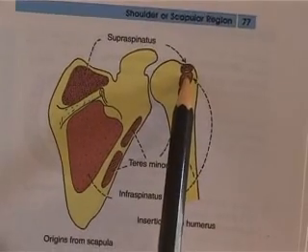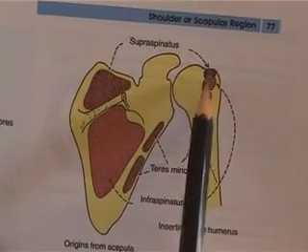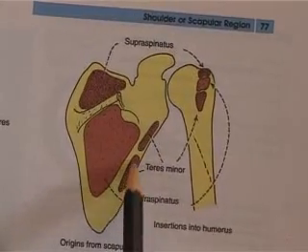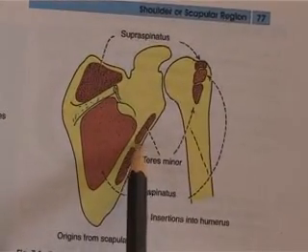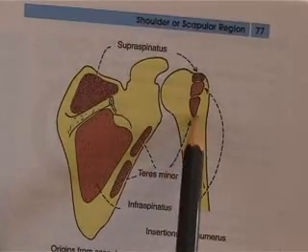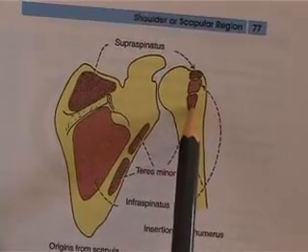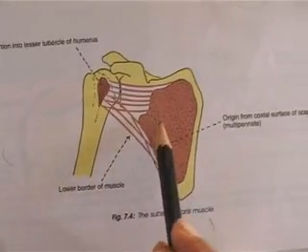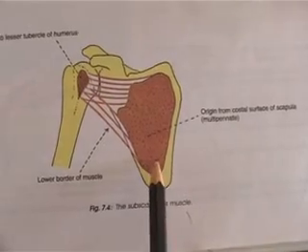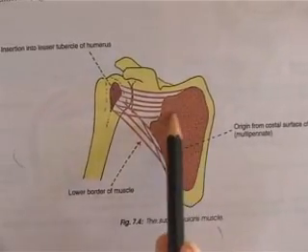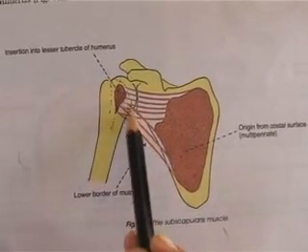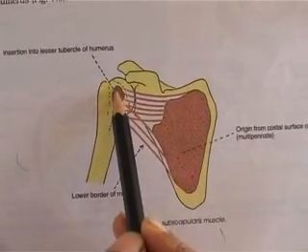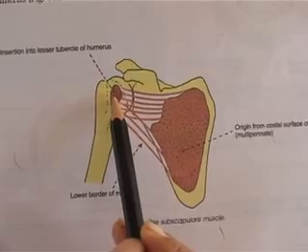tubercle of humerus. The teres minor arising from the lateral border with a gap gets inserted into the lowest impression on the greater tubercle. The subscapularis muscle arising from the costal aspect of scapula passes anterior to the shoulder joint and gets inserted into the lesser tubercle of the humerus.